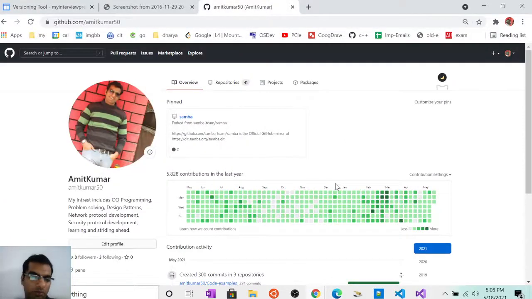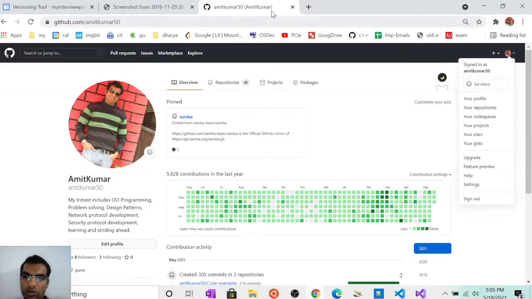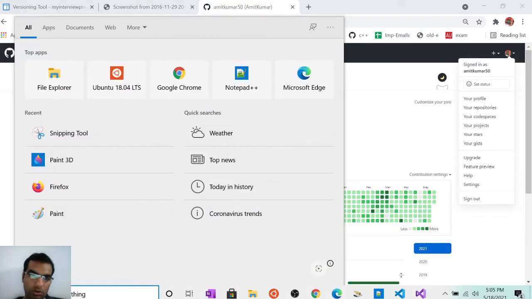Today we are going to discuss how we can create a Git repository, how we can clone it, then how we can add files to it, how we can push onto the Git repository, and how we can delete the contents from it. So basically, you can just go on to maybe